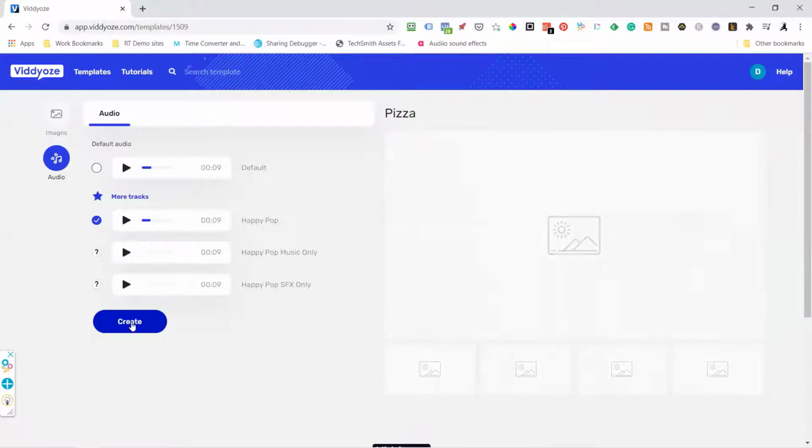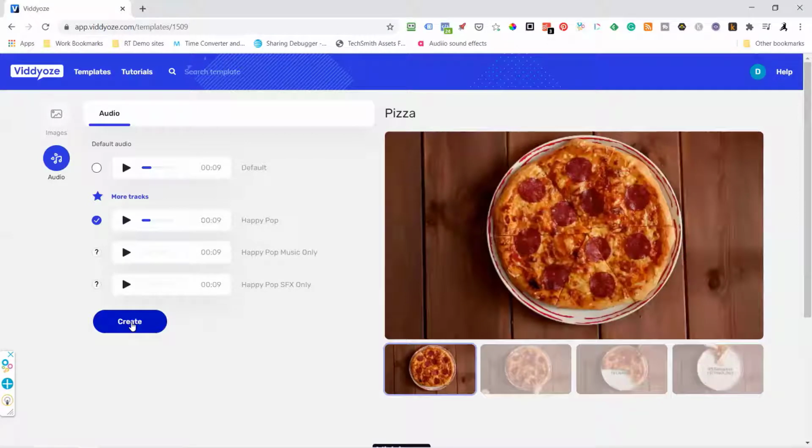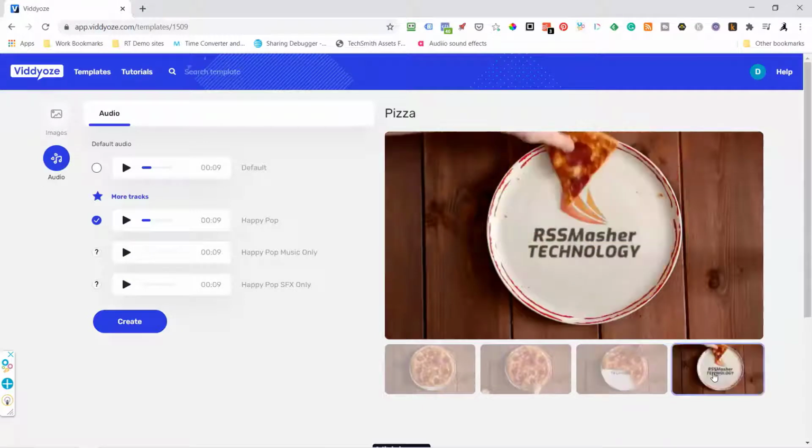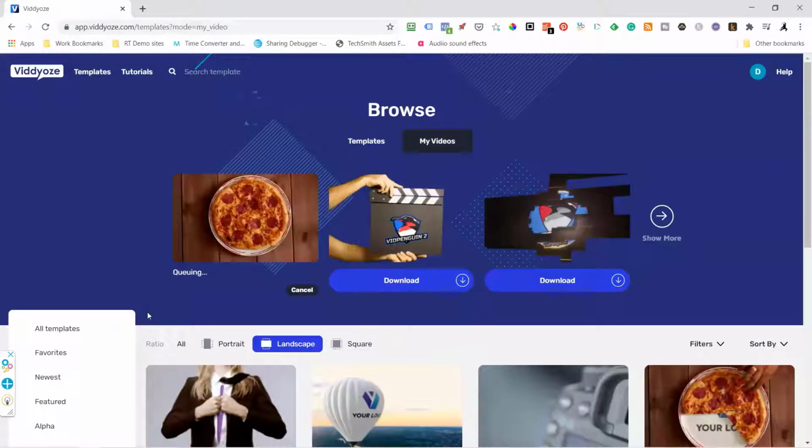Now, this is, to me, a very smart move on Vidello's part. They didn't do the whole video. What they did was just do some freeze frames going across, so you can make sure your spelling's correct and everything looks good, and then whenever you're ready, you hit create. So it's going to put it in the queue, and then it's going to render it out.